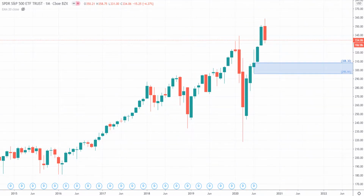So it could take multiple months to do that. It could do a red candle and then a green candle, or a red candle and then red candle, red candle, red candle. Or it could do a red candle and then a green candle and the green candle goes up. So it just all depends. But current price action, if this month closes like this, there's a high likelihood that